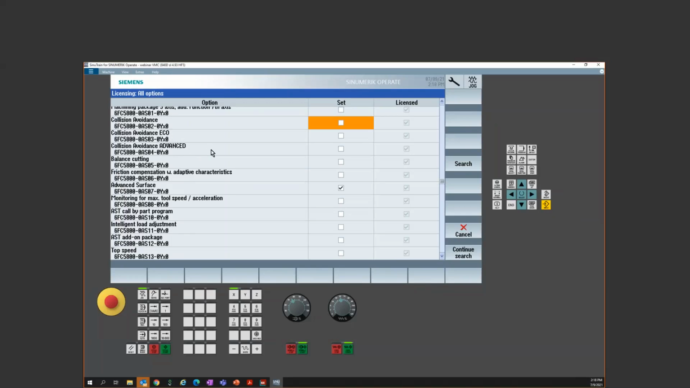Advanced requires a whole separate IPC, or a separate industrial computer. It uses a piece of software from ModuleWorks that partners with us. It's a very elaborate version of collision avoidance. You'll see it on some very high-end machines, but everything we're doing today is going to be using this standard collision avoidance